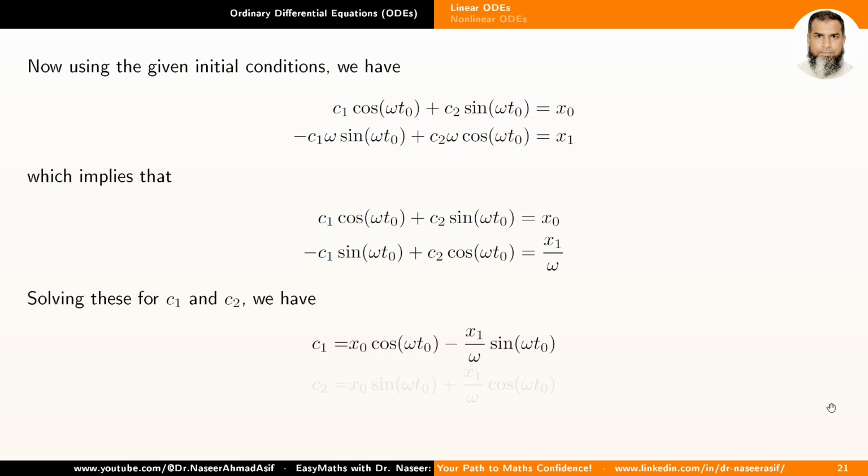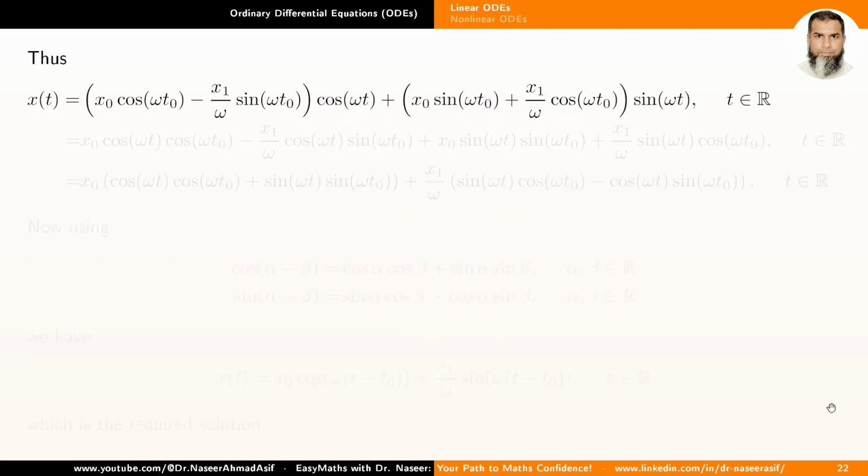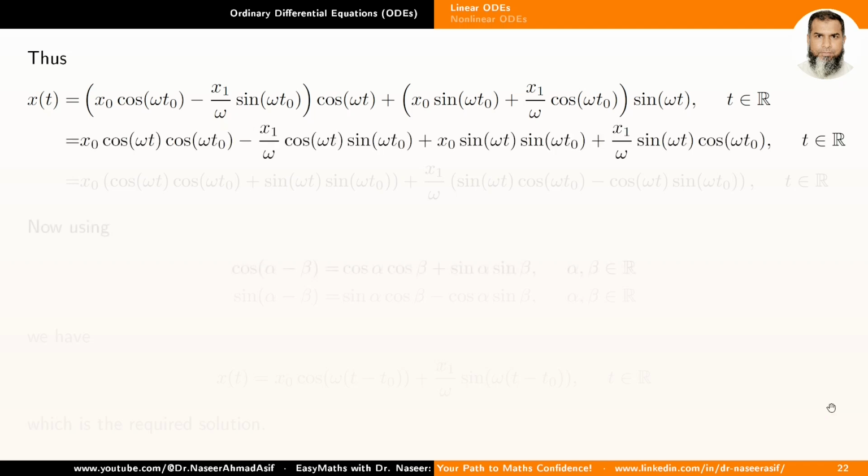Well, solving these for c1 and c2, we have c1 = x0 cos ωt0 − (x1/ω) sin ωt0 and c2 = x0 sin ωt0 + (x1/ω) cos ωt0. Thus, x(t) = (x0 cos ωt0 − (x1/ω) sin ωt0) cos ωt + (x0 sin ωt0 + (x1/ω) cos ωt0) sin ωt, where t belongs to R,